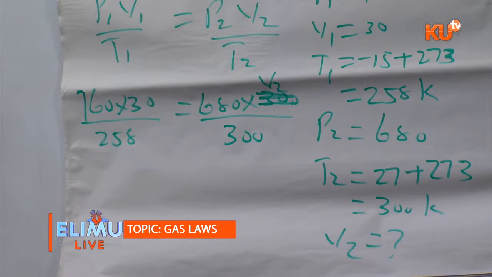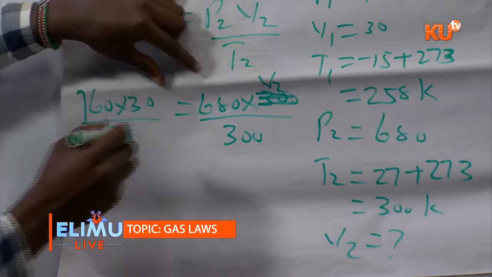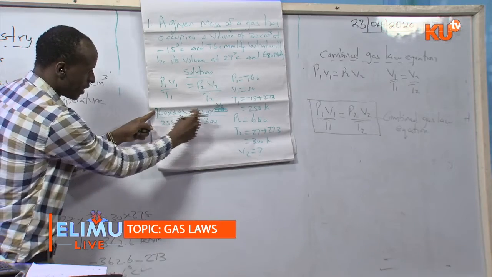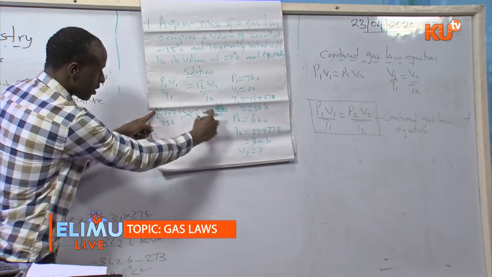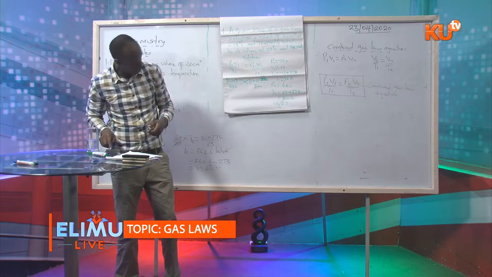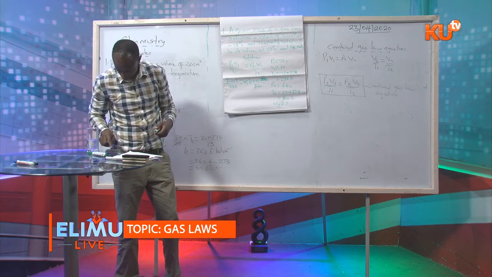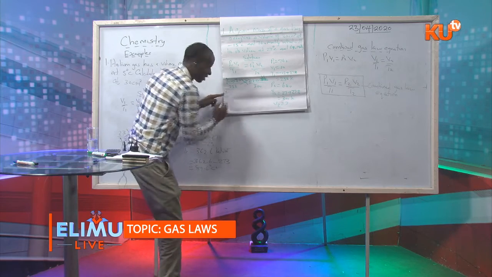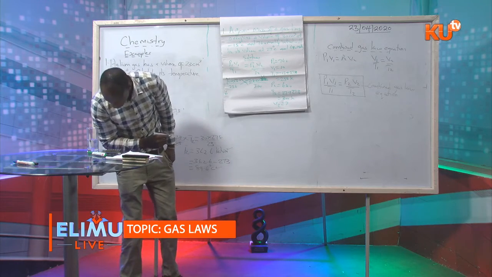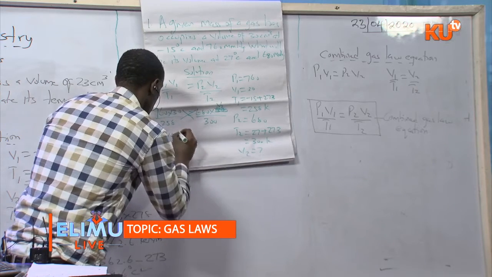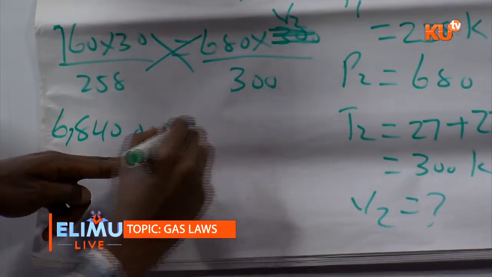When you have questions which are in fraction form, an easy way to solve them is cross multiplication. So you do cross multiplication, which will be 760 times 30 times 300. So you get 6.84 million, 6,840,000 equals